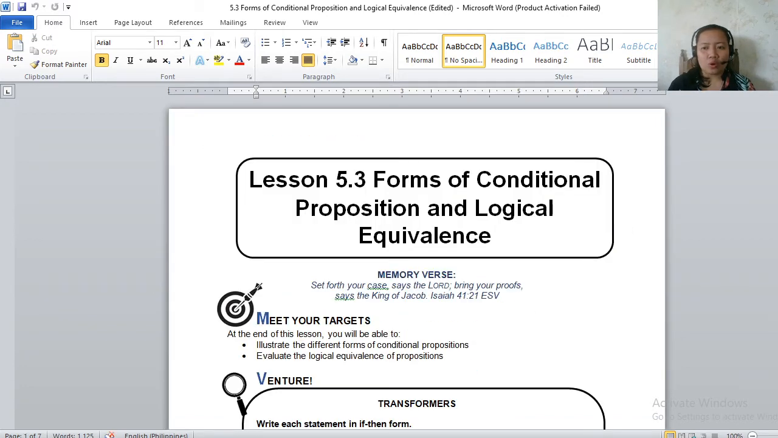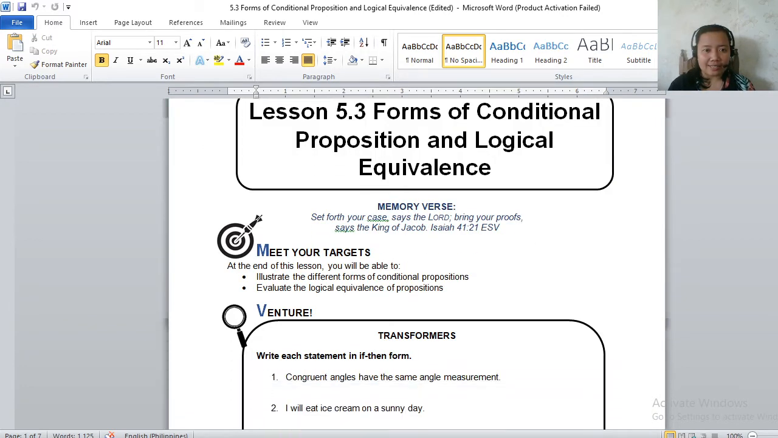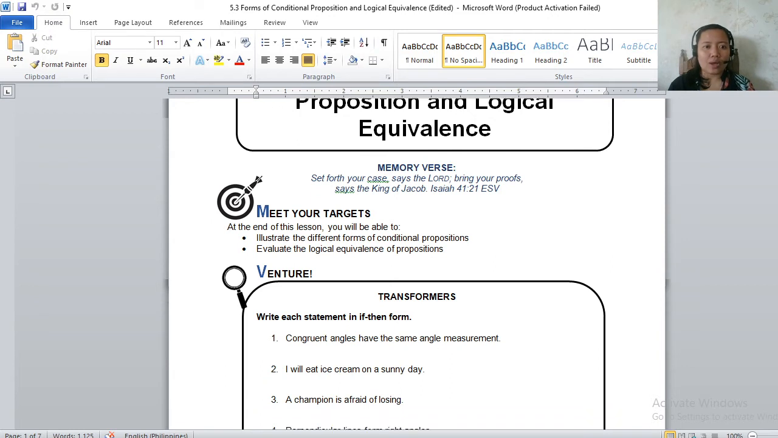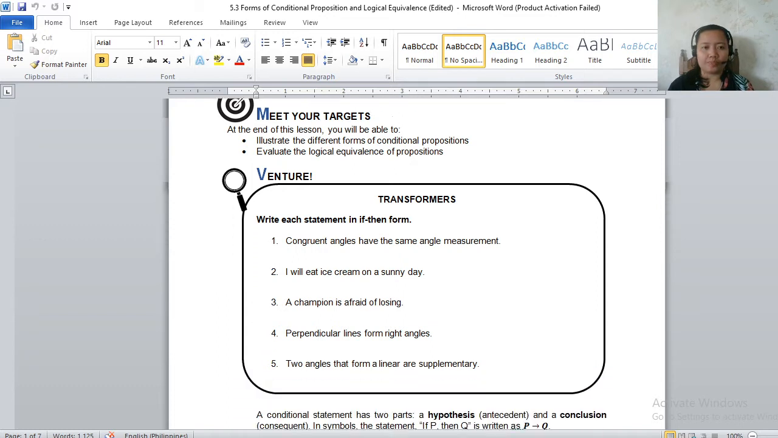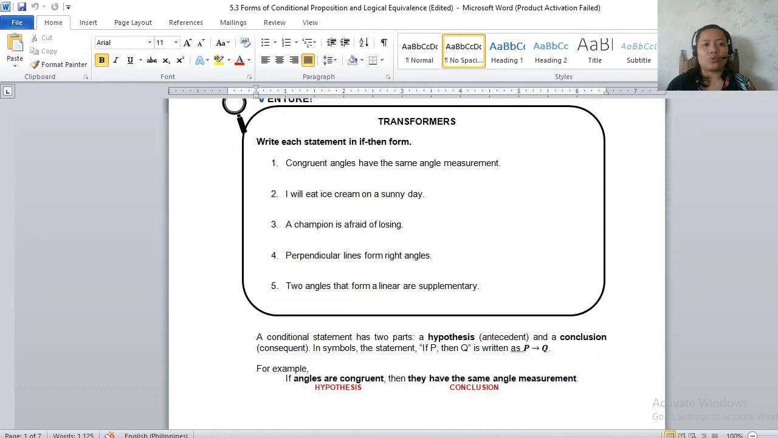Let's enumerate our targets. So at the end of this lesson, we will be able to illustrate the different forms of conditional propositions, evaluate the logical equivalence of propositions. All right. So today we are going to